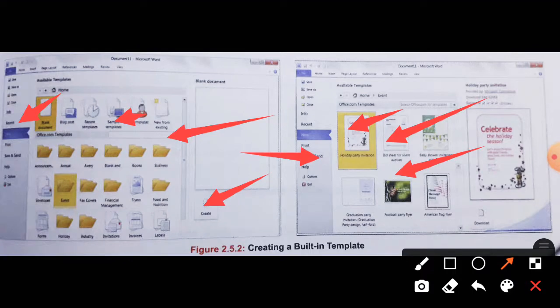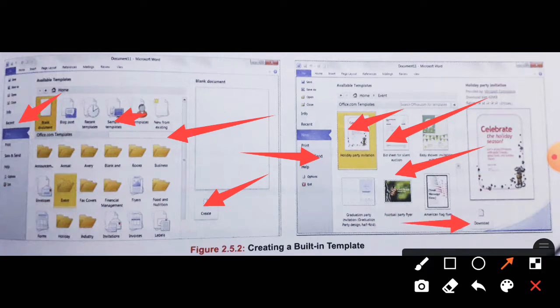Next you will find the preview of the selected template in the preview pane present on the extreme right of the window. Select the template radio button in the preview pane and click on the Create button. Here a new document is created.